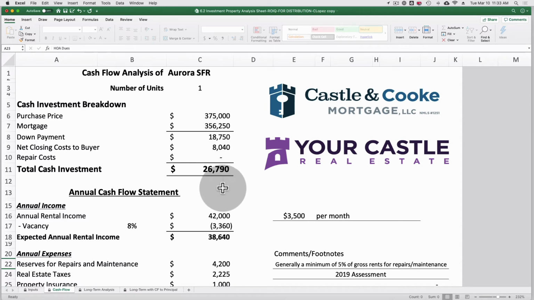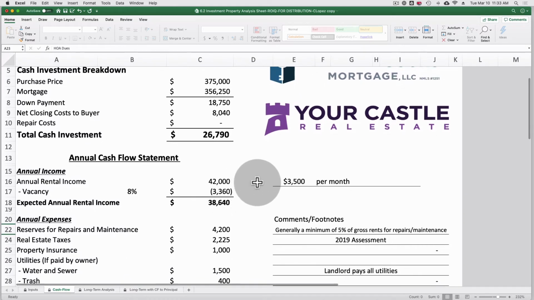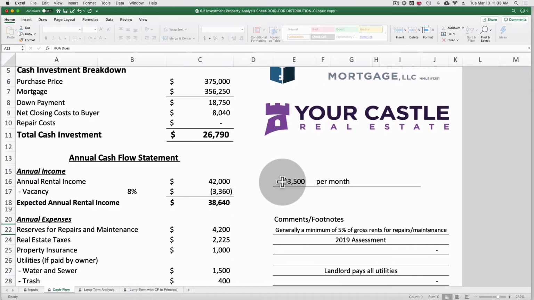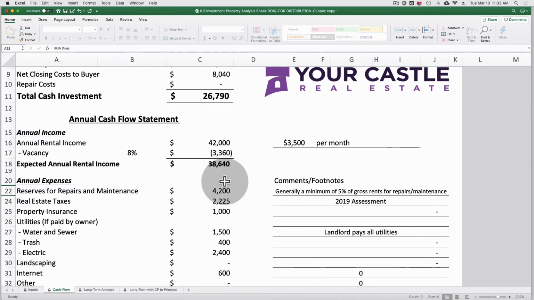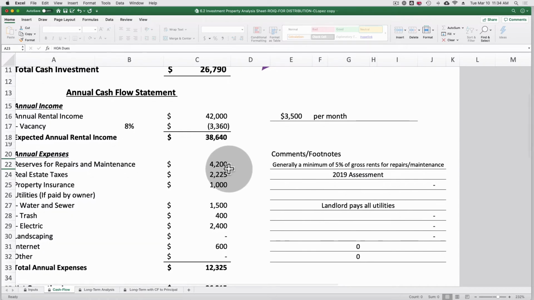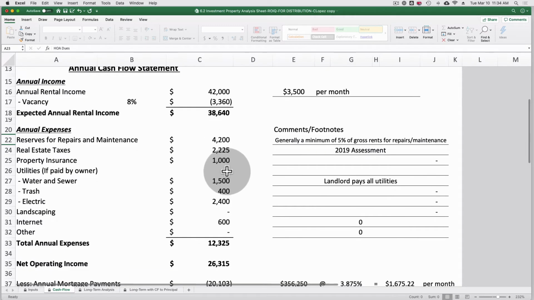$26,790. Now he's got to live in the property for at least a year because this is his primary residence. Then he's going to rent it out room by room at $3,500 a month, $700 a room. That's a $42,000 per year annual rental income, minus some vacancy. Then we're going to have some reserves for maintenance. Property taxes were $2,225 a year. Insurance of $1,000. Water, sewer, trash, electric, landscaping, internet, all of those expenses are accounted here for total annual expenses